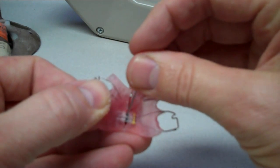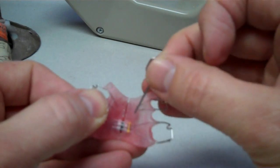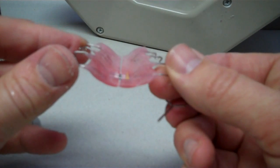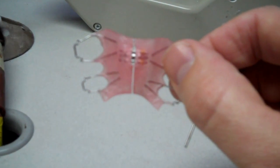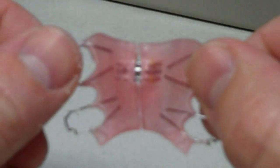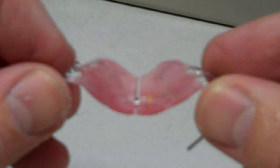1, 2, 3, 4. So we're back in the closed position, and then we just pumice and polish this as normal. That way you get a clean cut straight down the centre of the appliance. Okay, you can see the cut there, right the way through